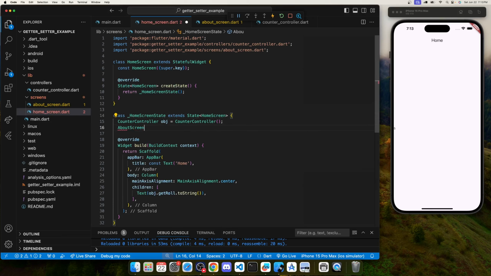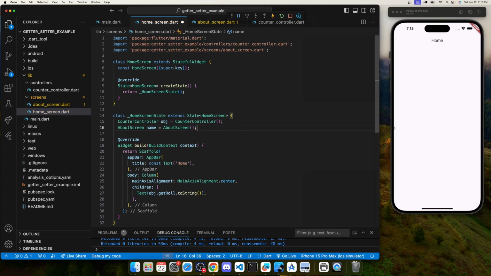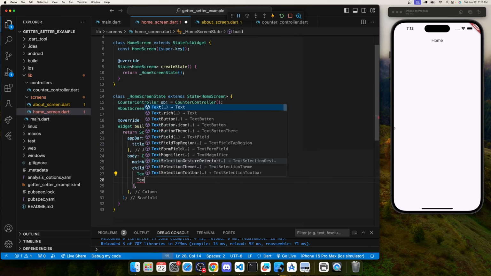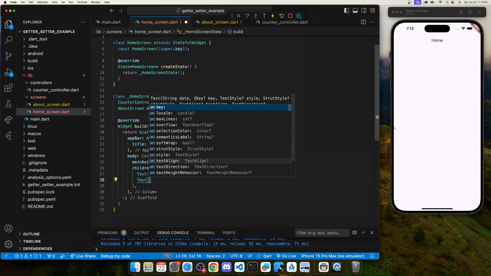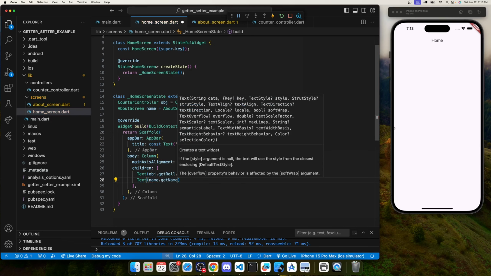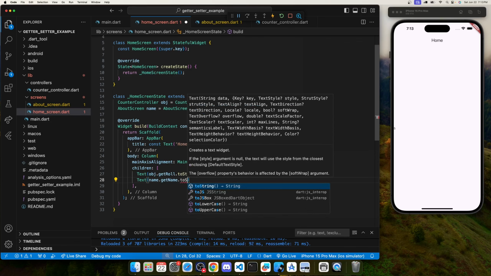So about screen name is equal to about screen, and I'm just going to be trying to grab that name, and I'm going to grab the name dot get name and say toString,